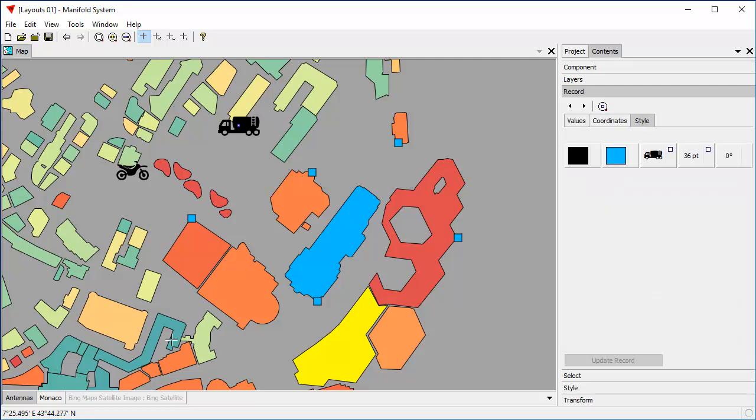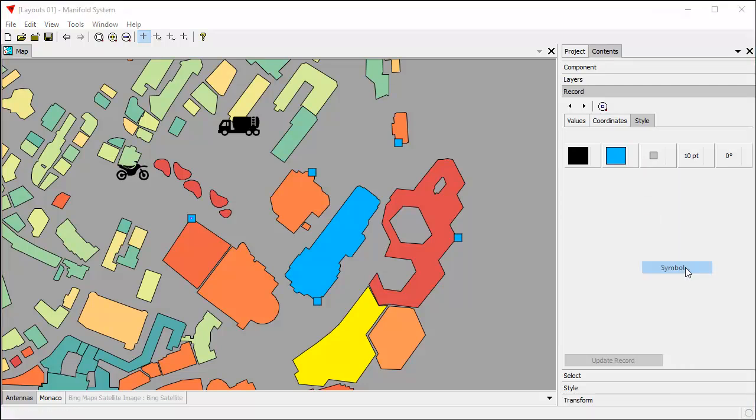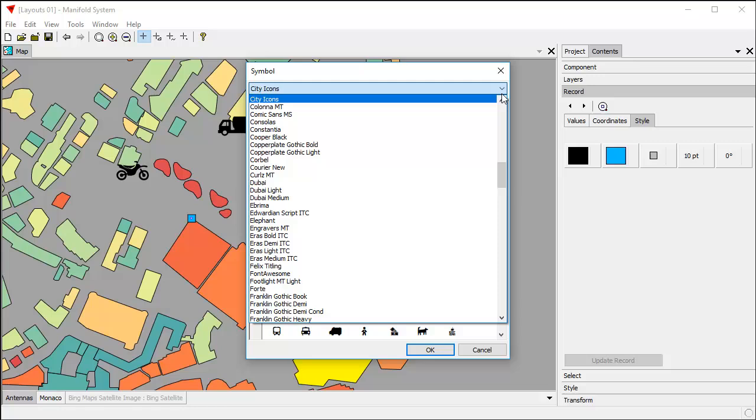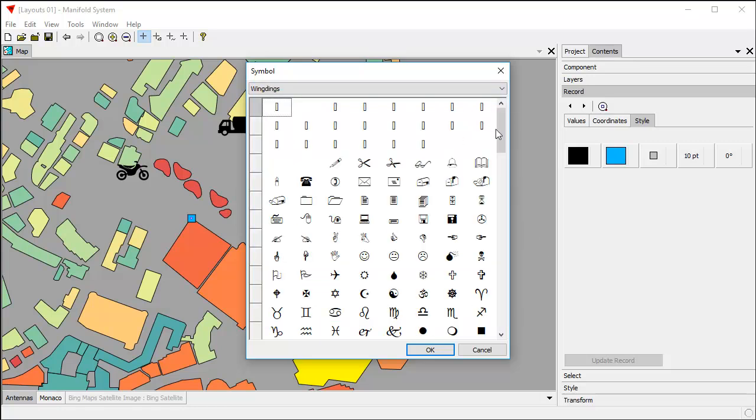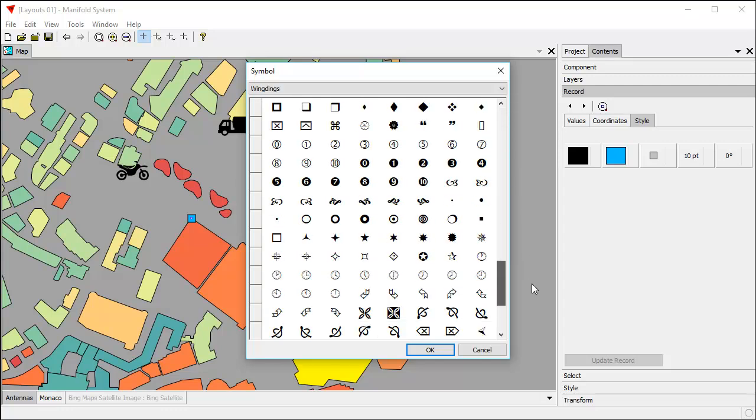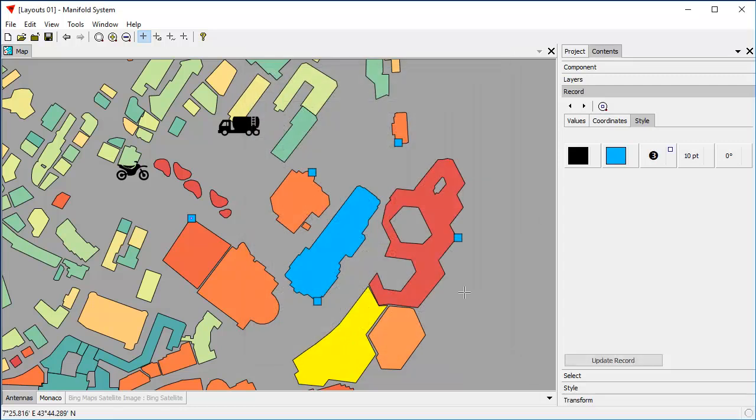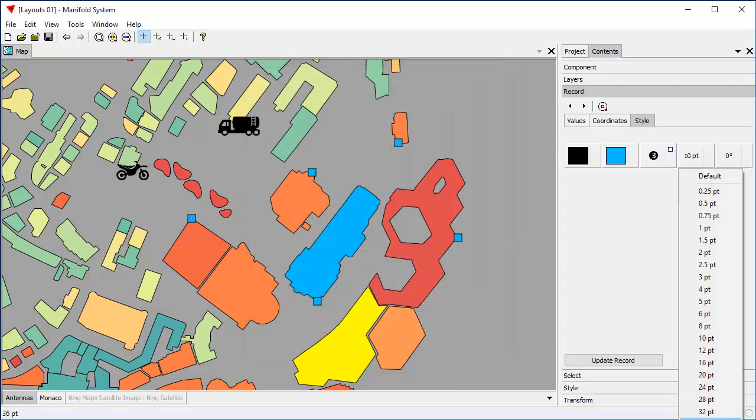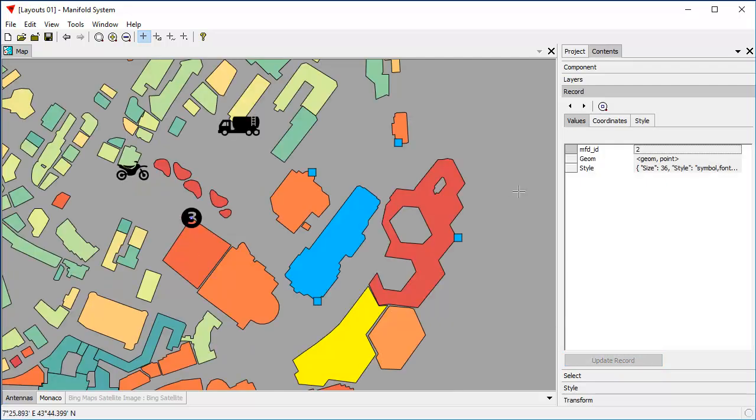If we like, let's change this one here. And for the style, let's change the symbology on that to, let's see, let's use Wingdings. Everybody loves Wingdings. So way down here in Wingdings are some numbers. Let's change that one to number 3. And let's make that a nice big 36 as well. So as you can see here, what we've done is we've changed the formatting in each of these individual